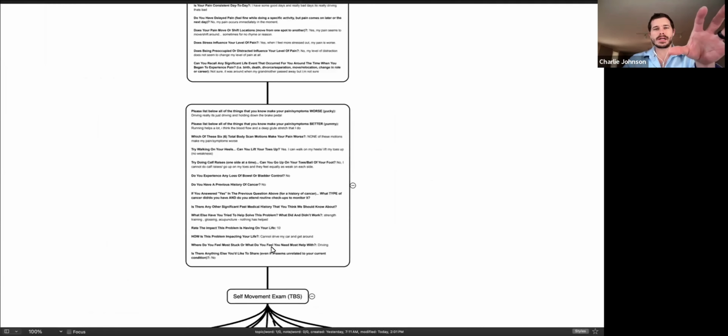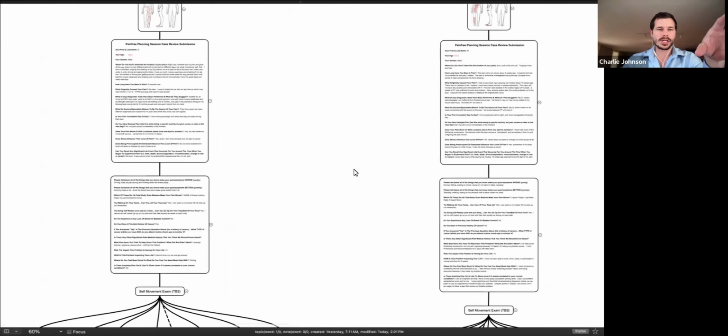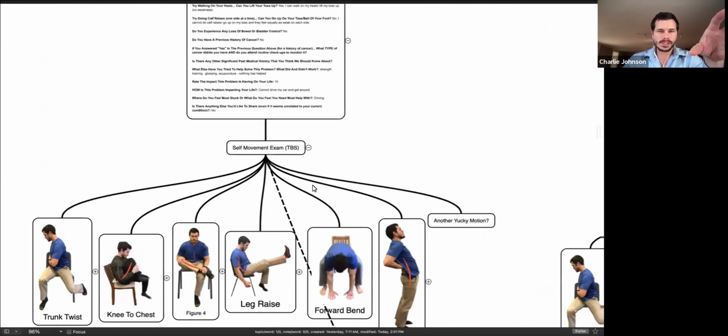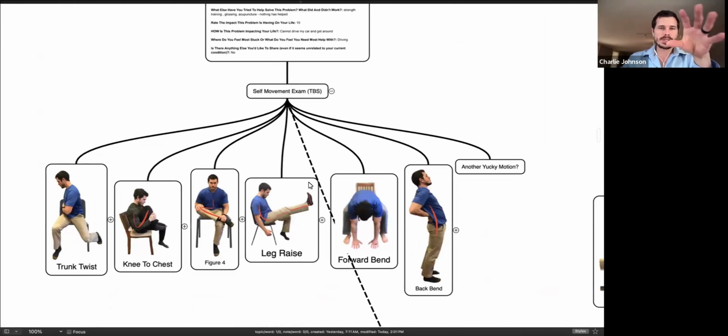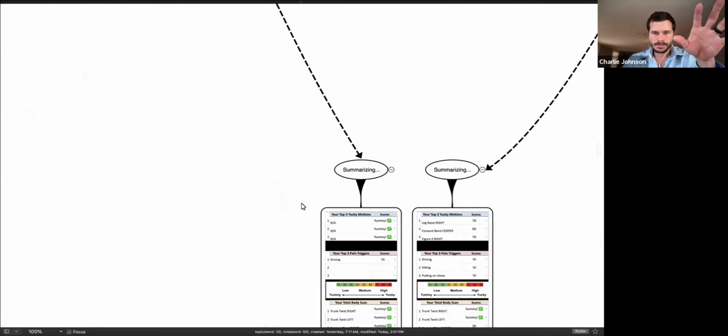All right, so let's go off of this, and then obviously we will compare and contrast that so you can see how we're able to differentiate the cause here. So again, we go through the self-movement exam. No motions are yucky. So if we synthesize all the information we have from the case review,